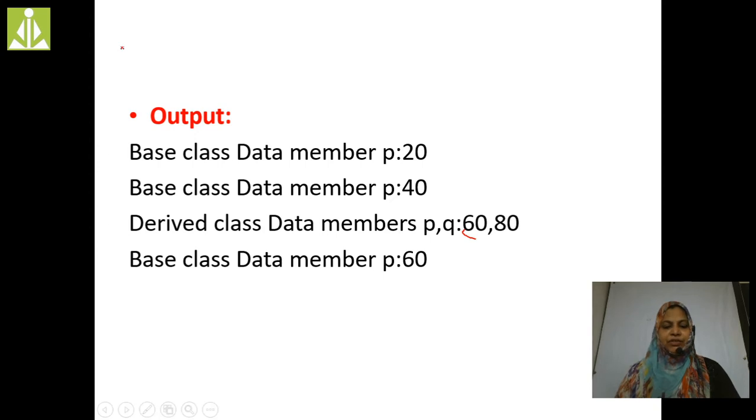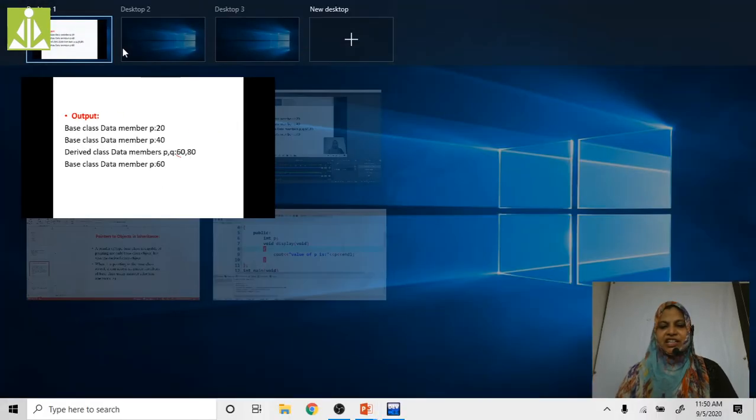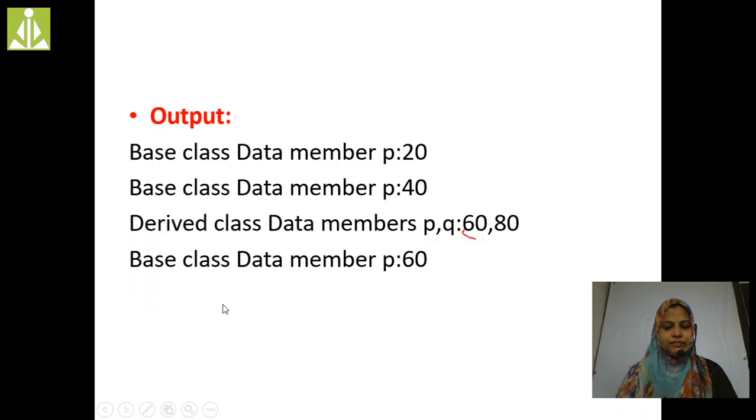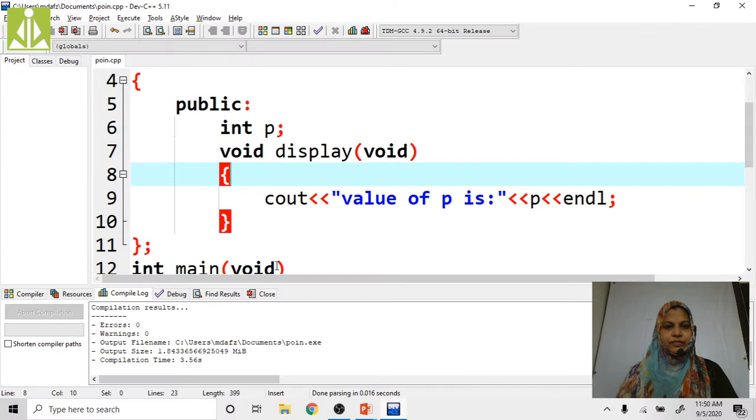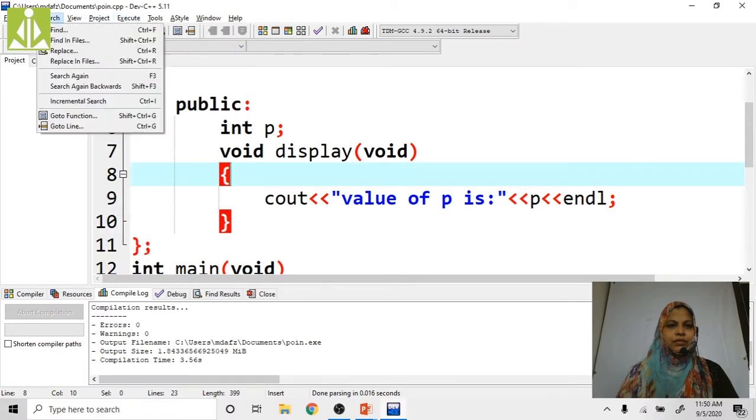Now I am going to try to execute this program by using the Dev C++ software. File, new.